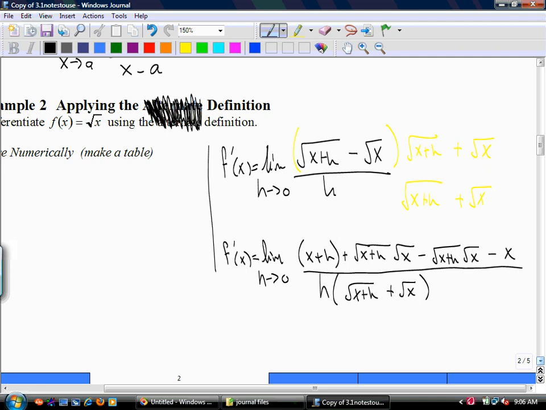So I rationalized. I only multiplied out the numerator because that's where the problem was. I did not multiply out the denominator because I didn't want to make it harder. What happens to the middle terms? They cancel. So you're left with